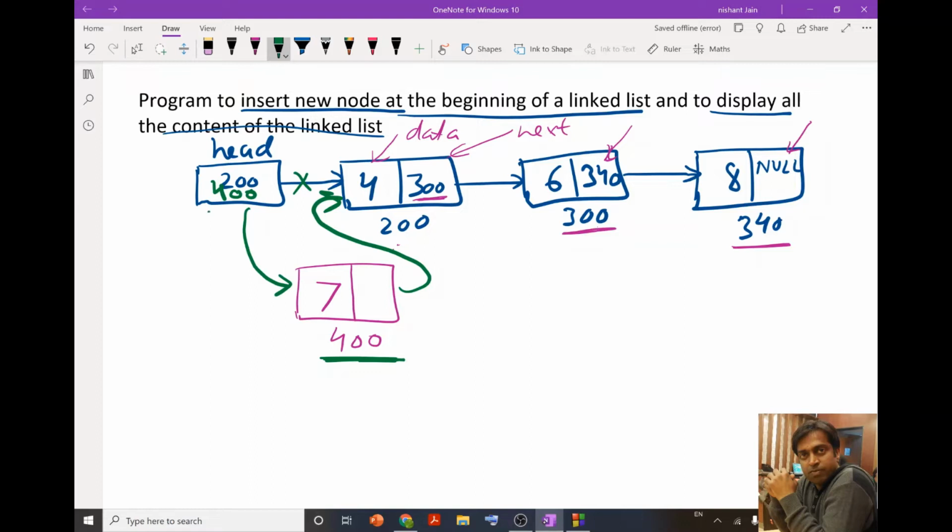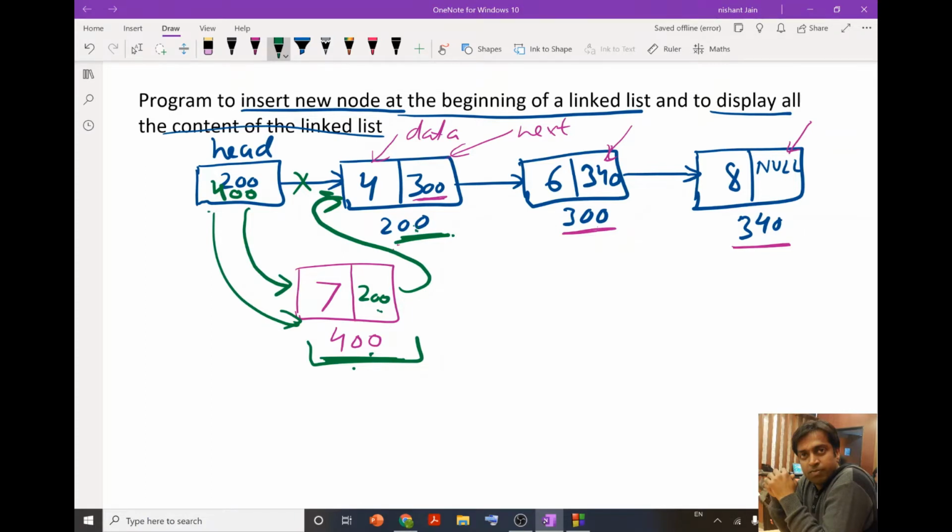From here we will come to this node, and from this node we need to go to the node at 200, so I can put this 200 over here. Just by updating the value in the head and by putting the address in the new node, I connected this new node at the beginning of the linked list.